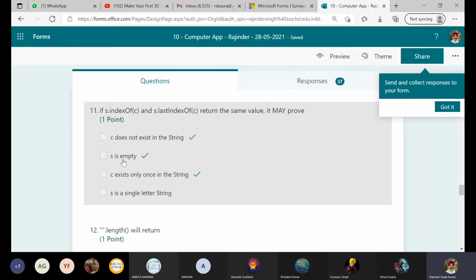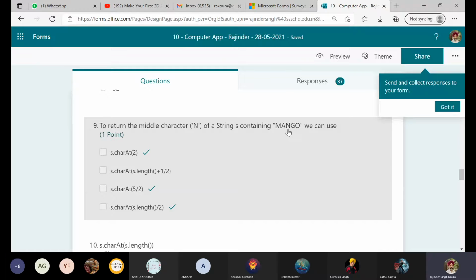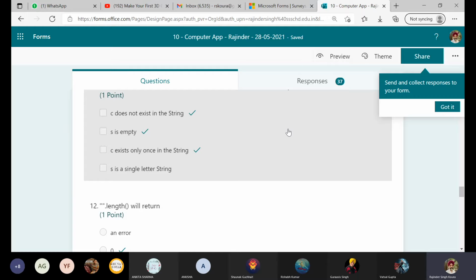And does it prove that s is empty? C exists only once in a string? Yes, because in mango, if I try to look for n, indexOf will give me the same value, and lastIndexOf will also give me the same value.